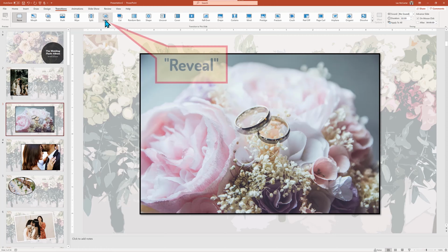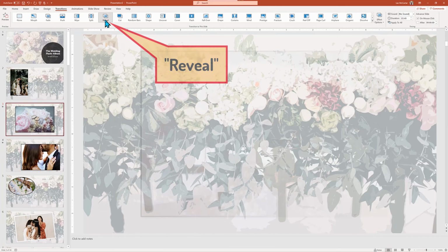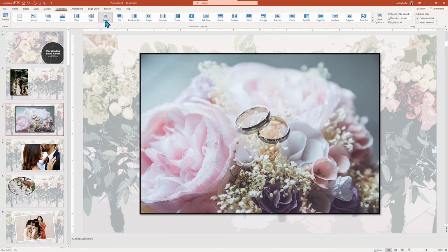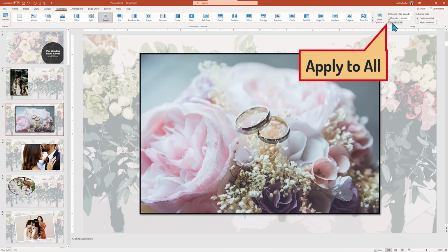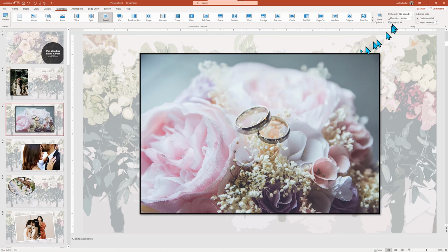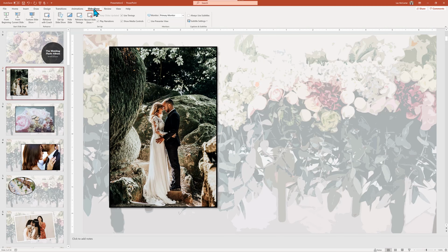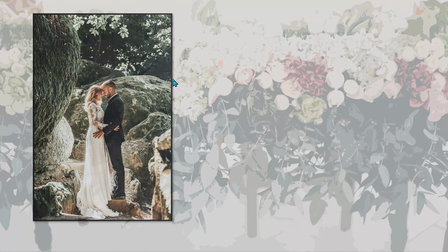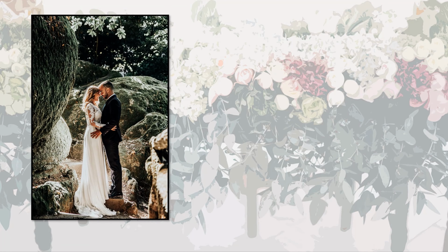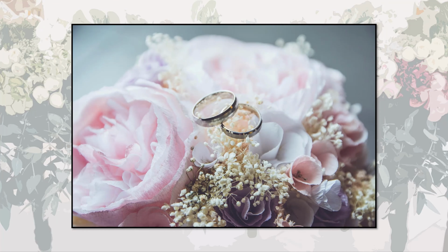The reveal transition is smooth, which we see in the preview. But to see it in action, let's do a key trick by clicking Apply to All to make this go across all the slides in our slide deck, and then we can check it out. I am starting us midstream in the slideshow, but watch how buttery the transition is coming onto the background and then going off the background. It looks dreamy.